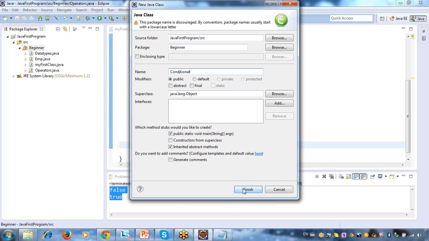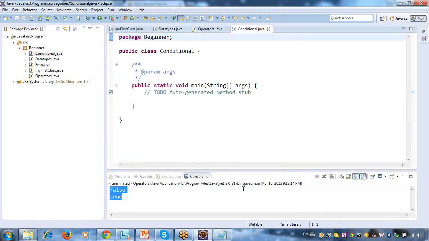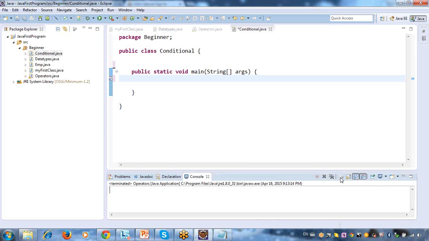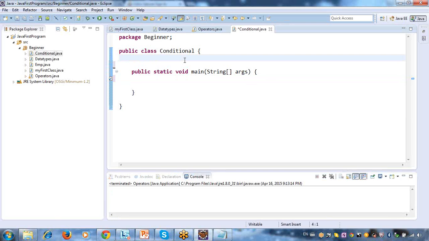One very popular condition is your if condition, and the second one is your switch case. Today I will complete this if condition and see how I am writing it. If you have any doubt, let me know. Tomorrow I will be talking about your switch condition. If you understand your if condition, then switch is almost the same. If and for loop are the basic statements for your entire programming.